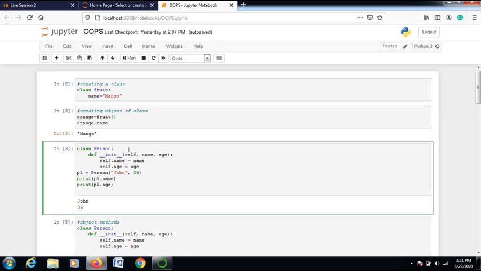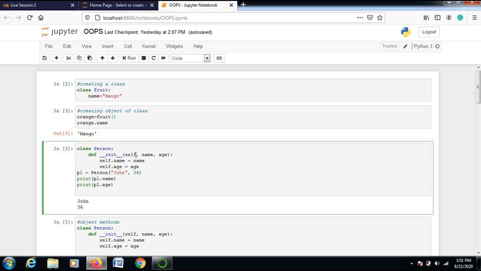Every time you make an object of a class, this method is automatically invoked, so it works like a constructor. In this method, first of all, the def keyword is used, as this is a function. Next, double underscore: I have used two underscores at the front and two at the end, and in between the name of the function, that is init.